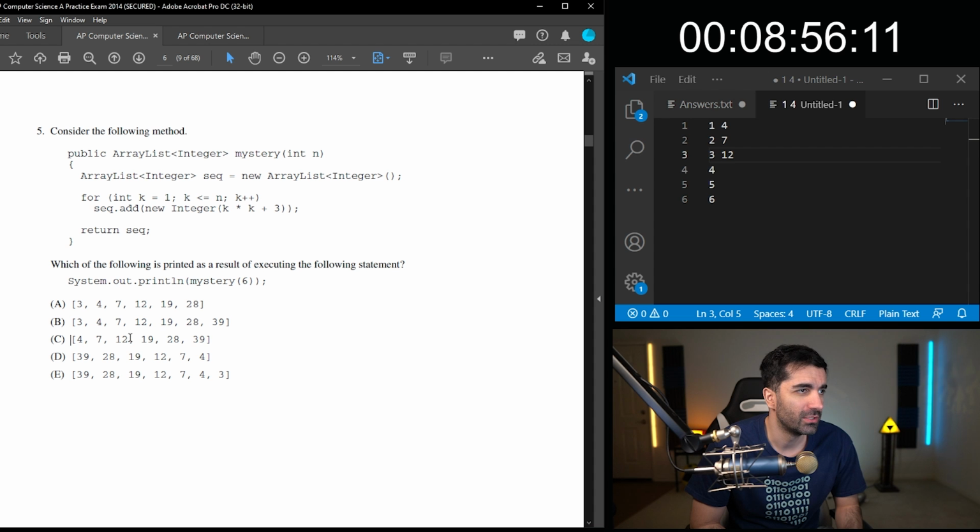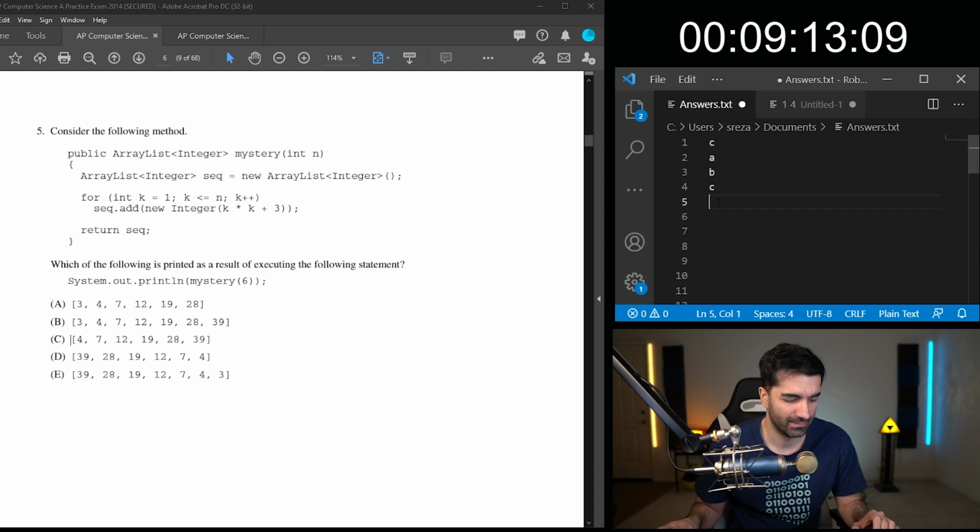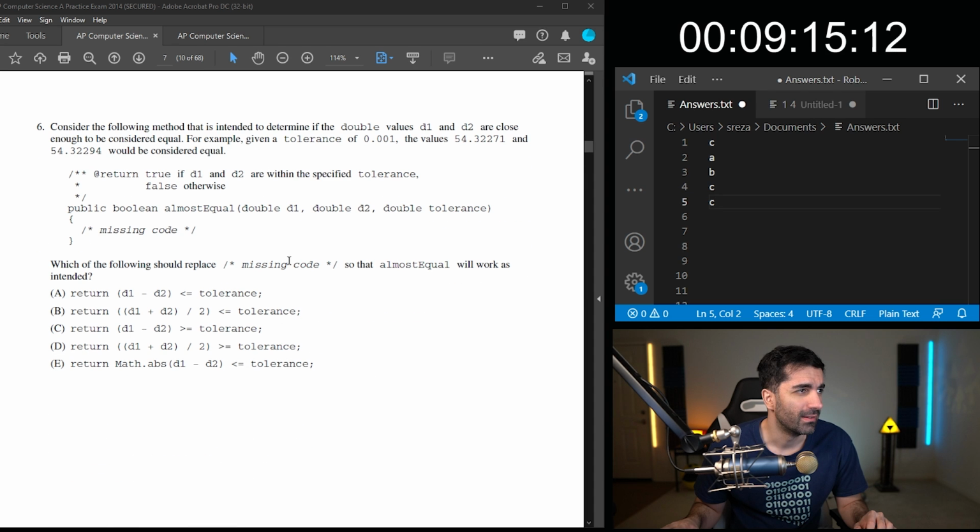So it's 1 initially. Yeah, I feel like here it would have to be 1 times 1 plus 3. And then we're just returning sequence. I'm gonna go with C. All right, we're making pretty good progress.